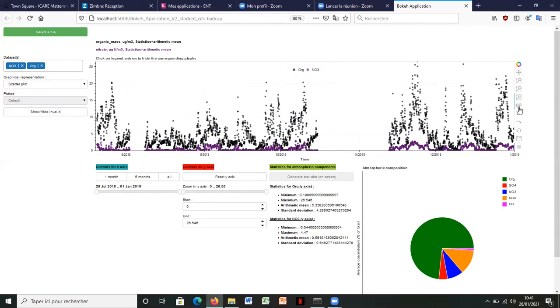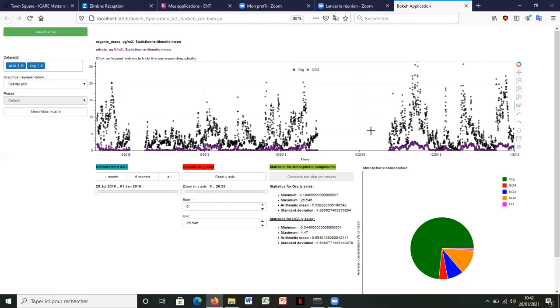Then you have a wheel zoom tool, allowing the user to zoom in the figure by using the wheel. And finally, you have the undo tool, the redo tool, the reset tool. You have also a save tool to save the figure as an image. And finally, the hover tool, which can be disabled by clicking on the button, just like this.